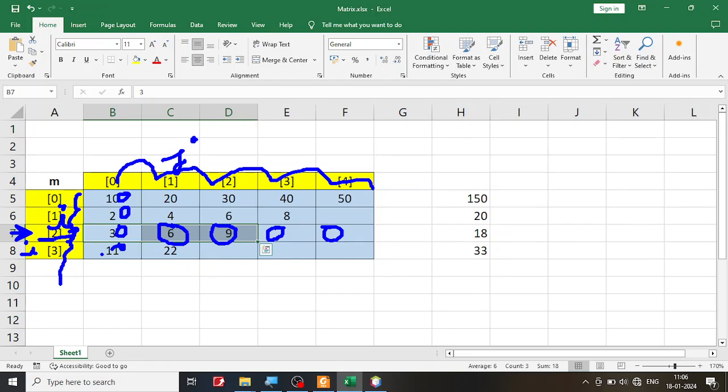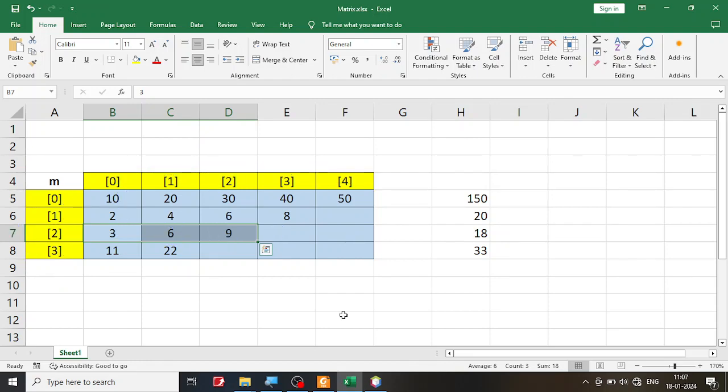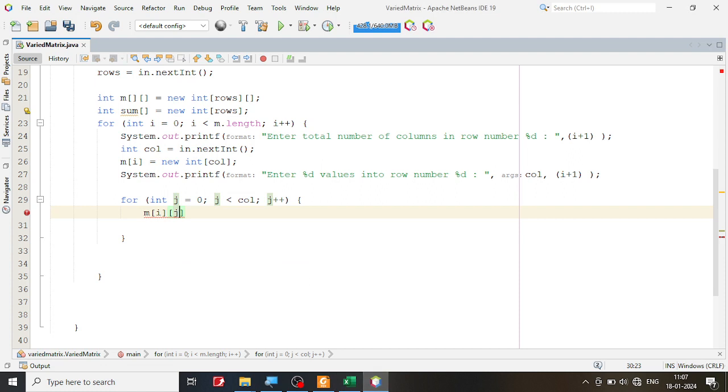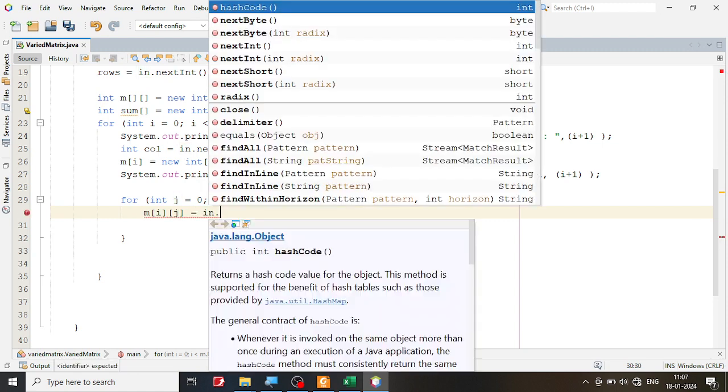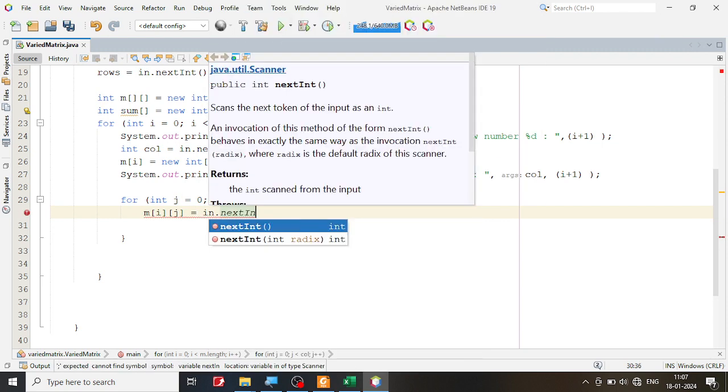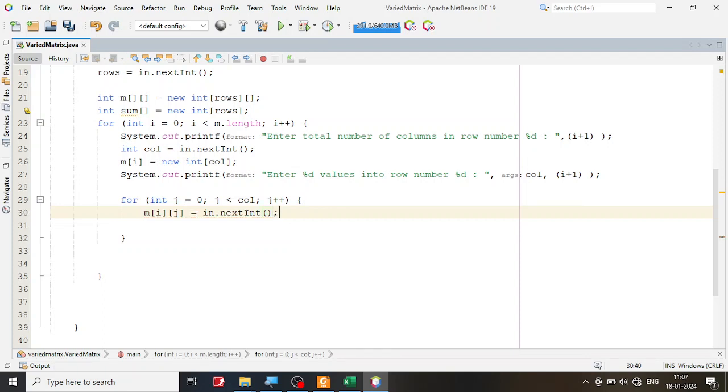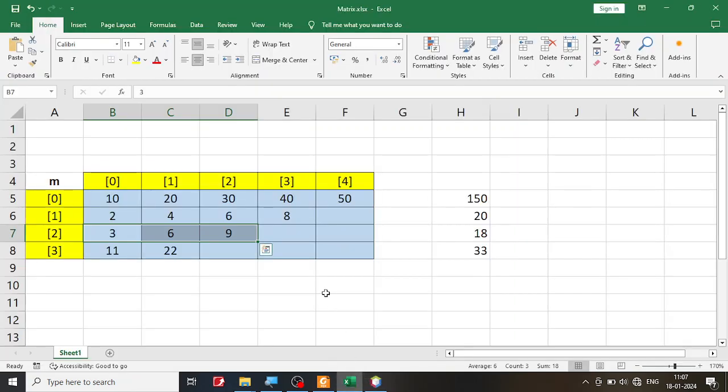So you're going to iterate. In other words, you're going to iterate through all the elements of the array. So this is what you've done. So m of i j is equal to, I'm going to use the scanner function. I'm going to say in dot next integer. I don't want to mess up the things by making a lot of things. Now, as I enter the values, one thing I'm going to do is make the program a bit more efficient. As I enter the values 10, 20, 30, and so on,